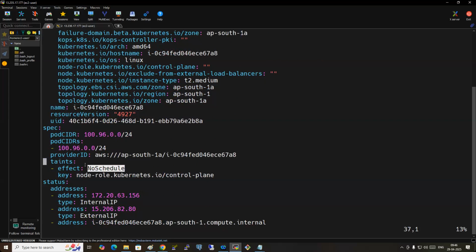If the taint is there and the effect is NoSchedule, the pods will not get created on that particular node. If a node is under maintenance, can you put the same thing or not? There is worker node 10. You don't want pods to be created there, then taint it as NoSchedule. Got it? So this is the reason why the master node will not have any